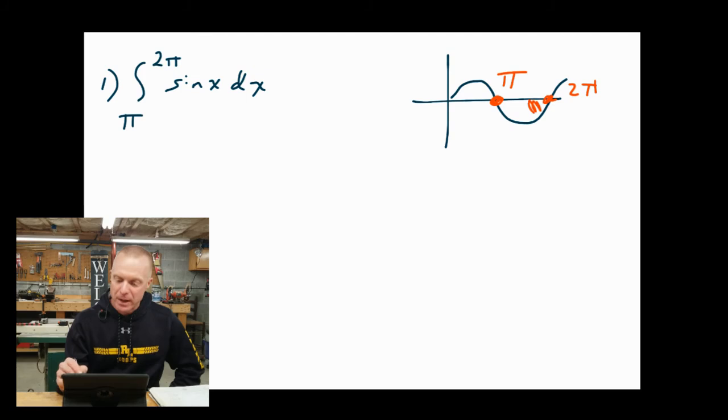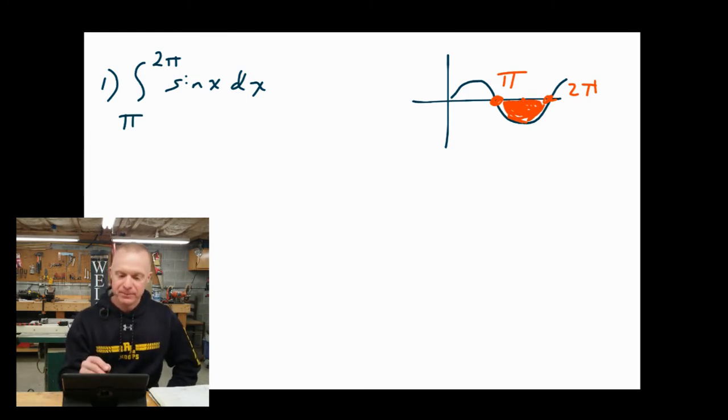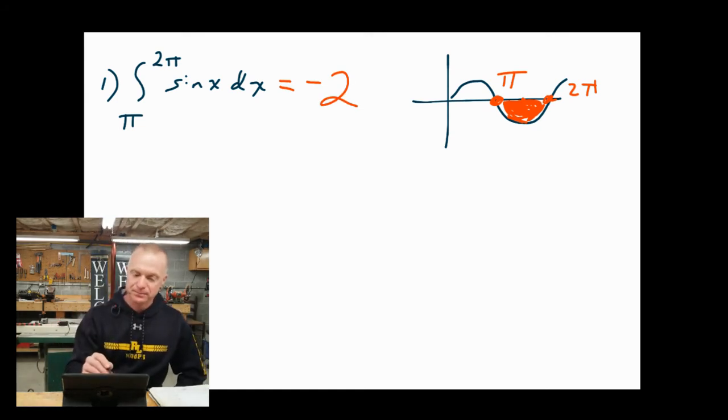So now we're talking about this space. Now, it's still the area of one of these bumps, isn't it? So what's going to be different? That's right, it's going to be negative. So it's still 2, but of course it's negative 2 because it's now under the x-axis. See how this works? We're going to take what we're given and we're going to use that to come up